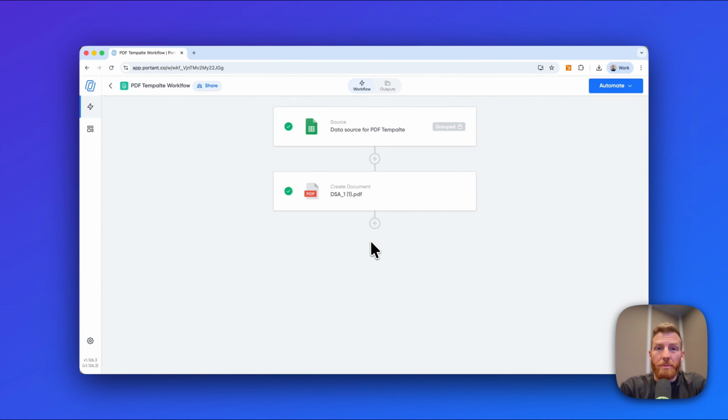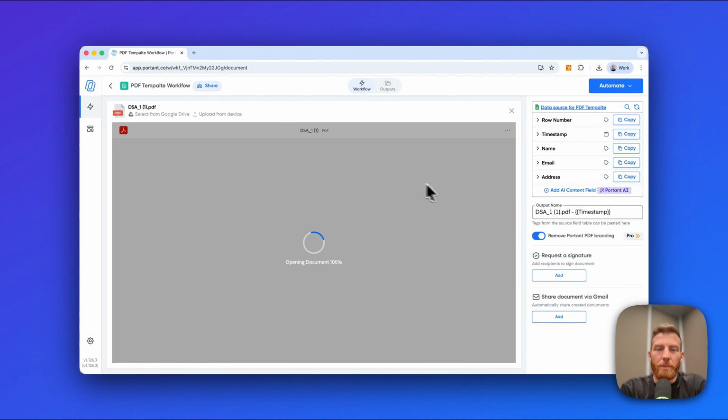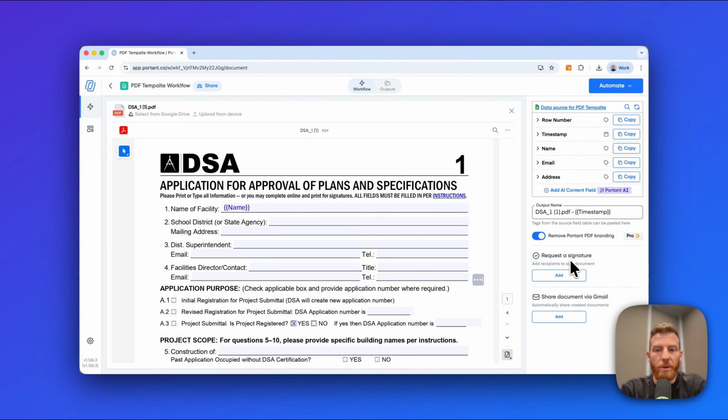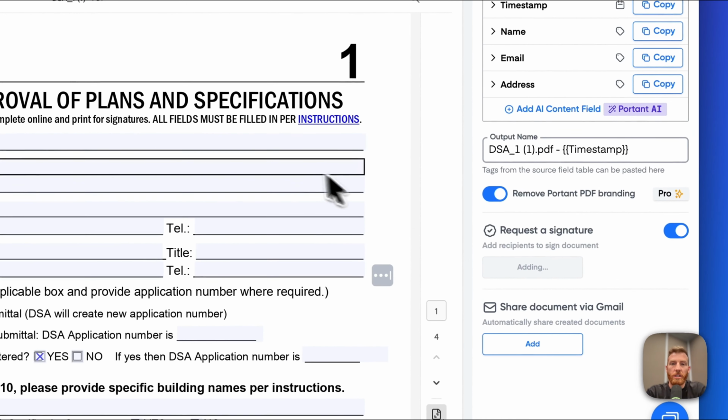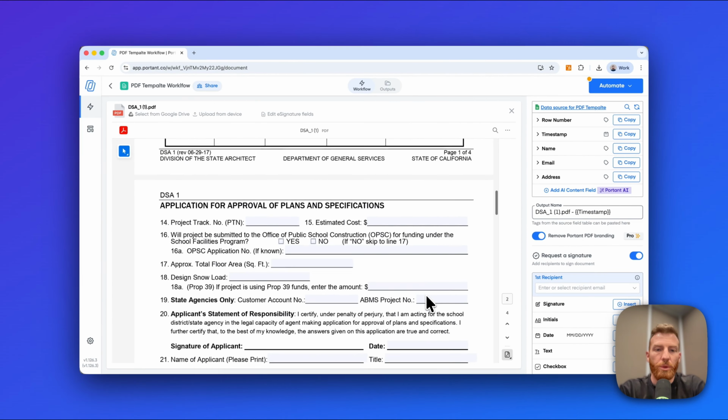We have an awesome update to our PDF templates. So if you are one of the many users who have been requesting to sign these PDF templates, well, today's your lucky day. If we go into the PDF template here, you can see that there's now a new option to request the signature. So we can add a signature to this document, and then if we scroll down to